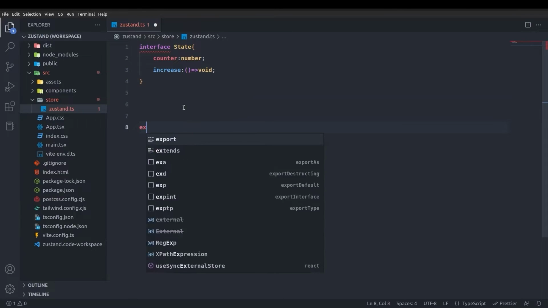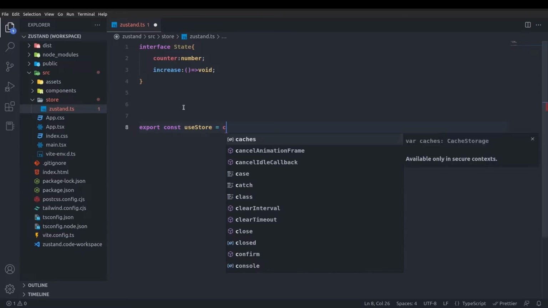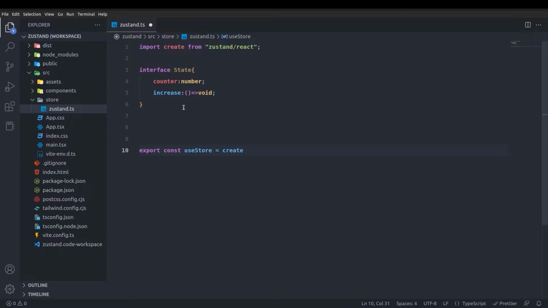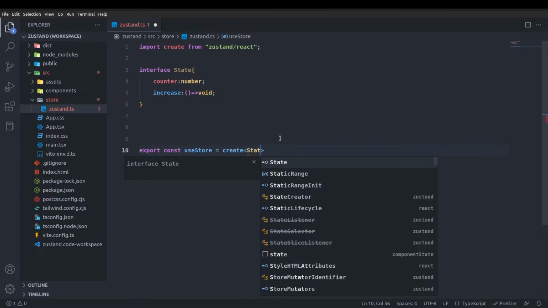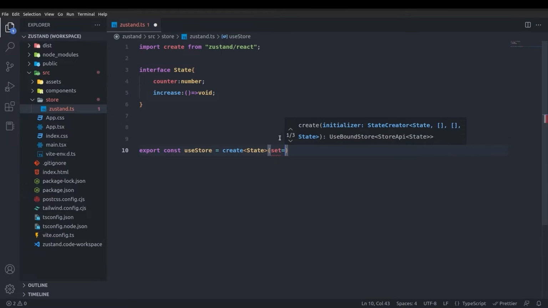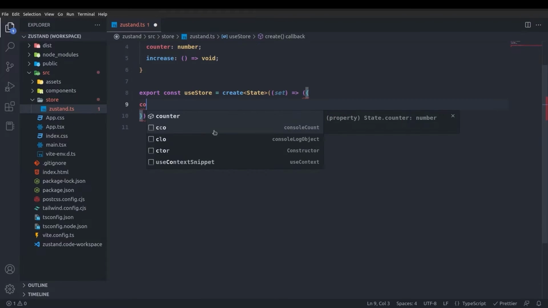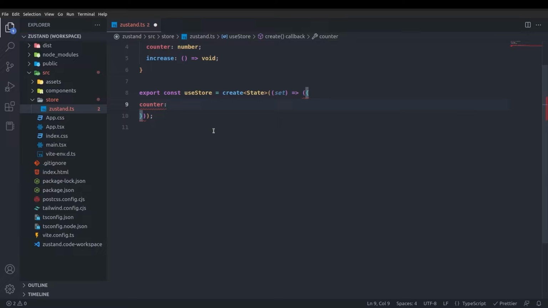So the next thing I want to do is to create our store. So I'm going to say export const useStore. This is the name of the store, you can name it whatever you want, equals to the create function, which comes from the Zustand library, and set its generic type to our state. And then this create function takes a set function which returns an object, and in this object we're going to define our store. So I'm going to say counter and set its initial value to 0,